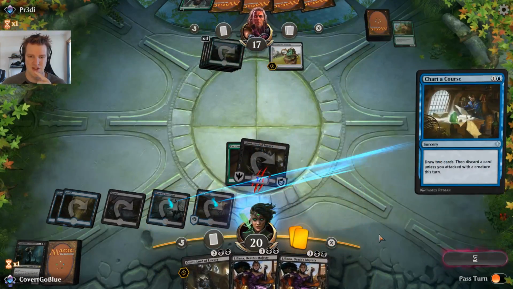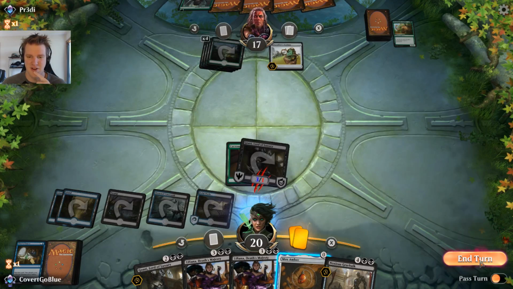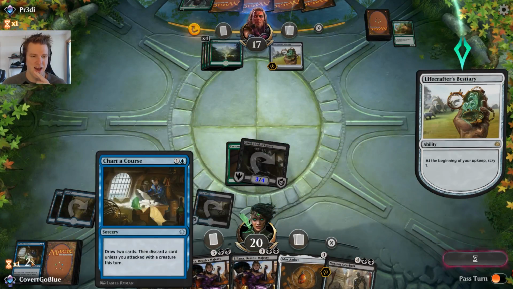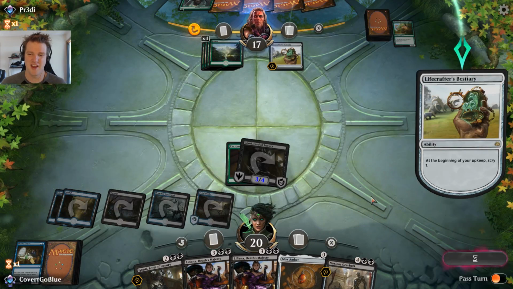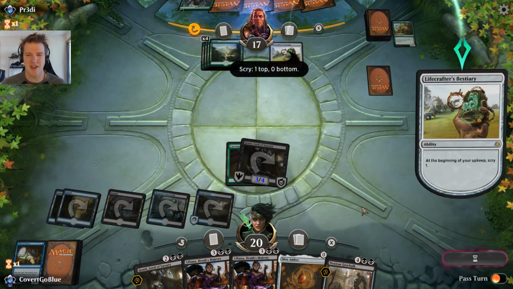In fact, I really don't want to. I don't have discardable stuff in my hand, so I'm going to chart a course and draw two cards. So some of the biggest things that are different if you watch both our channels, Legends and mine, is I put in a bunch of Noxious Gearhulks, like a whole bunch of Noxious Gearhulks. Getting back Noxious